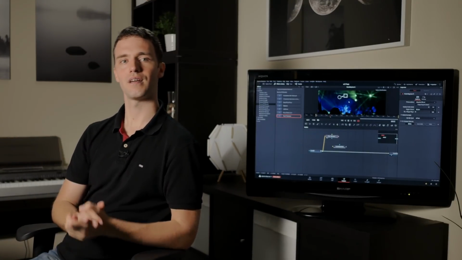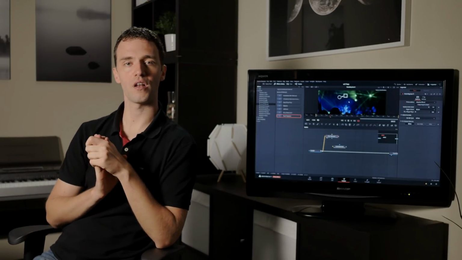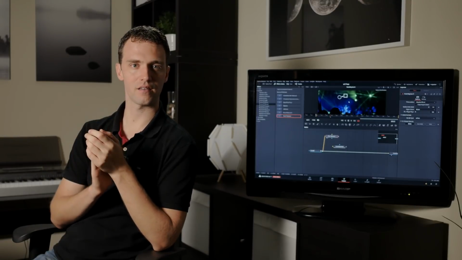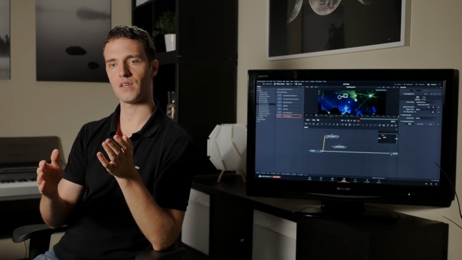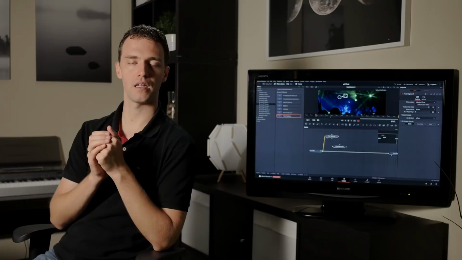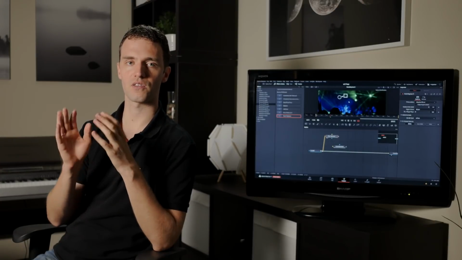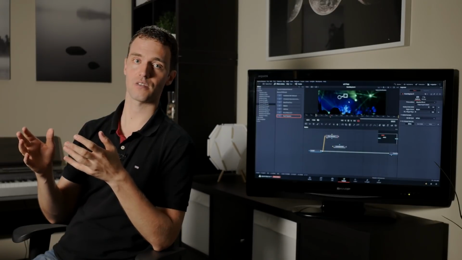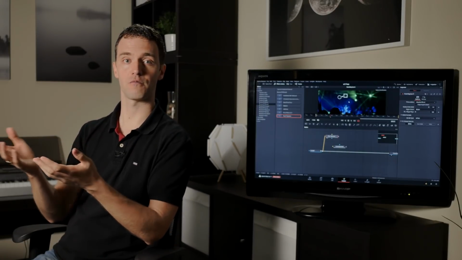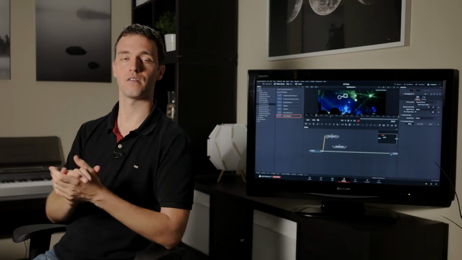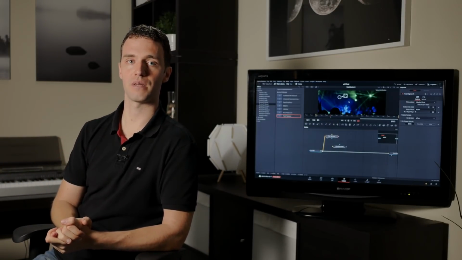Nonetheless, I am happy about the small additions we got, and I think over the last years, from 15 to 16, and then with the different updates in version 16, there was a lot of focus on getting Fusion stable. This is a major integration. It's still the only software which has such integration from Edit to Fusion to Color to Fairlight, and has this kind of capability at all.